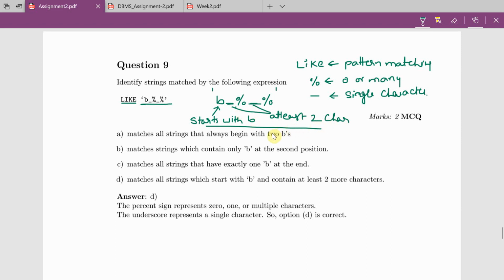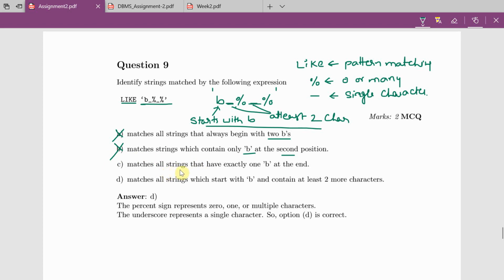Now we will go according to the options. Option A says matches all strings that always begin with two B's, but here it is just one B. So option A is wrong. Option B matches strings which contain B only at the second position, but B should be in the first position, so it is incorrect.